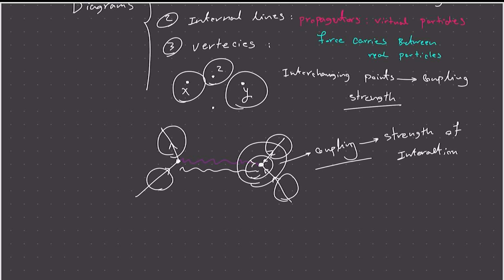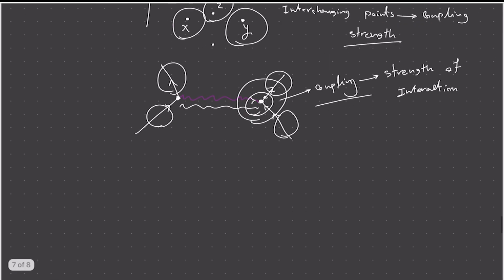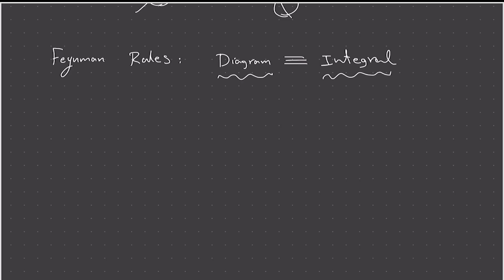So each Feynman diagram is built out of these propagators, vertices, and external points. Now we can talk about Feynman rules. These Feynman rules are basically telling us how each diagram defines the integral. We can have different types of diagrams, all possible forms with so many possibilities, so many vertices. But we want to see how each diagram encodes these